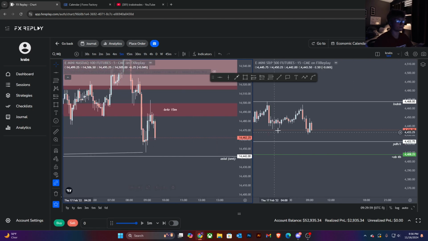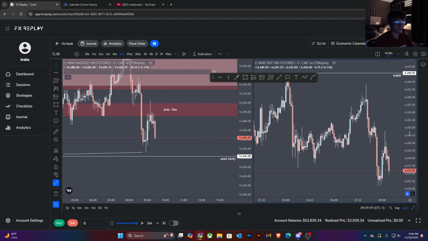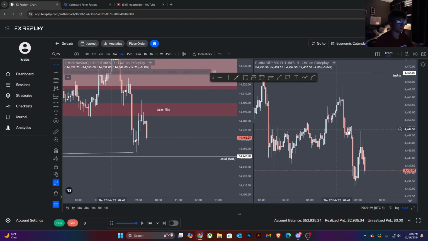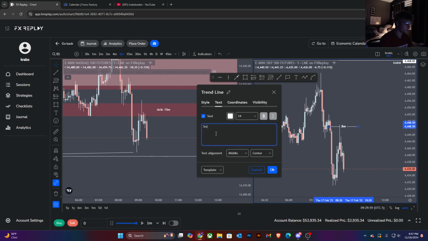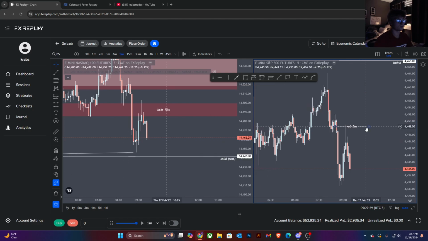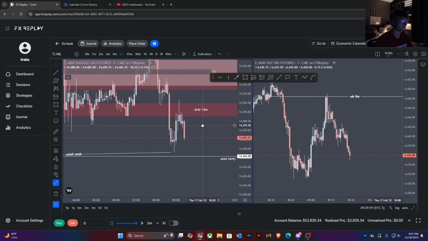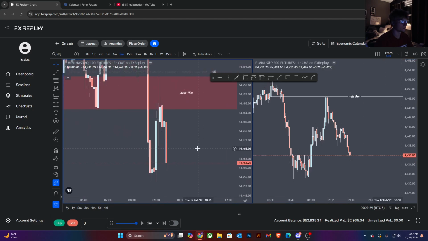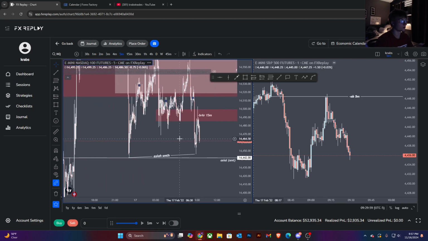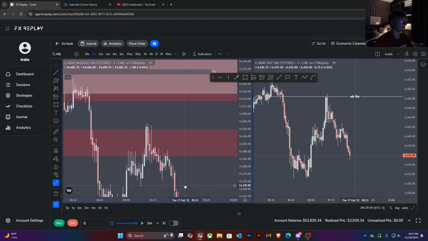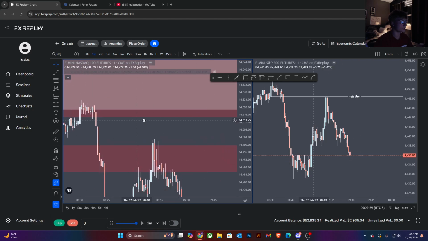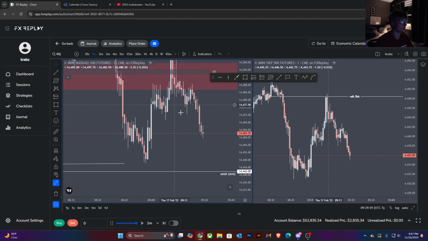To 5 minute. Nice rejection on ES, 5 minute order block there. Other than that, I mean, don't see too much. But let's see how we open up here. Let's also see, do we have any obvious equal highs, equal lows? We do not.